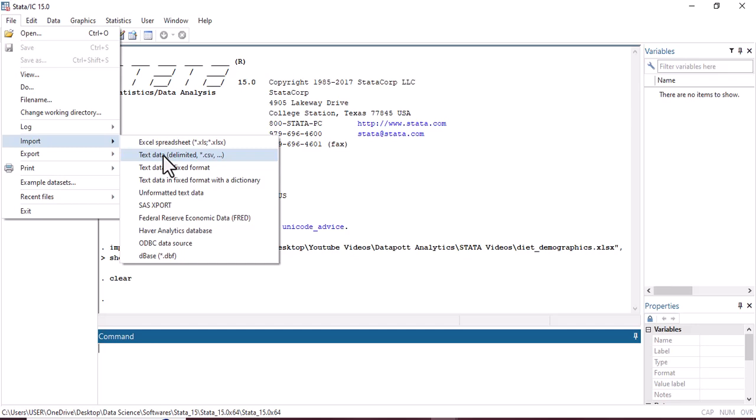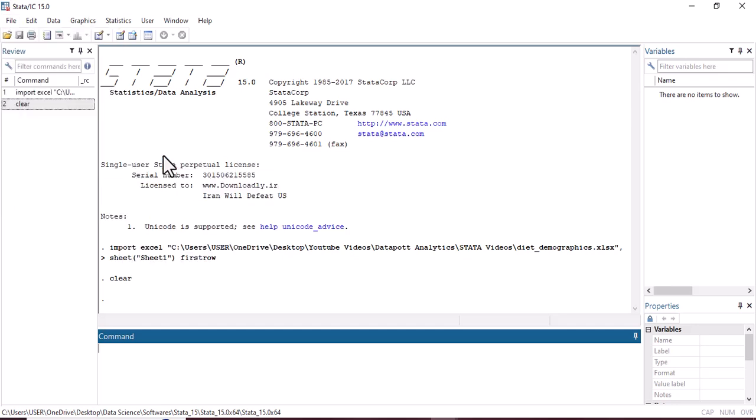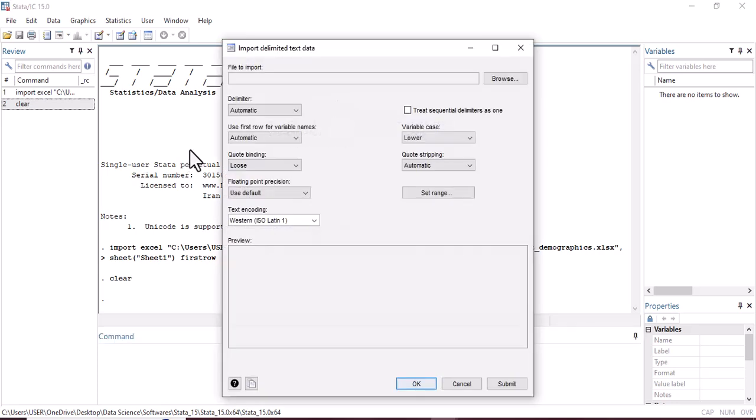So you click File, you go to Import, you go to Text data or the CSV data. When you click that one, you will be presented with a window. Let's wait for the window to appear. So this window has appeared. When this window appears, you click Browse,